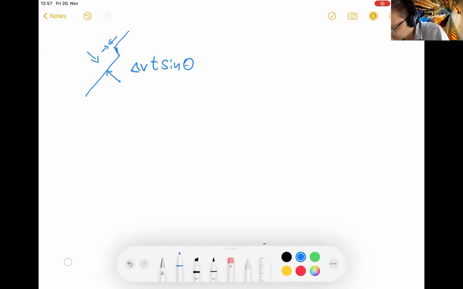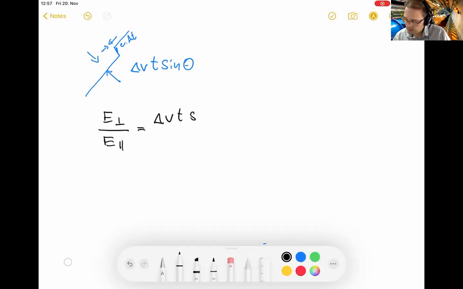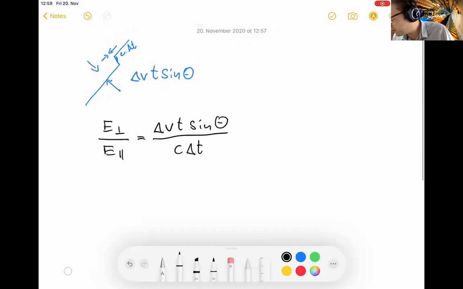C times delta t. So the important thing is that we can now take the ratio of the two, and the ratio of the two is delta V times t times sine theta divided by c times delta t. If you've come that far, you're done. The rest is really applying a few tricks